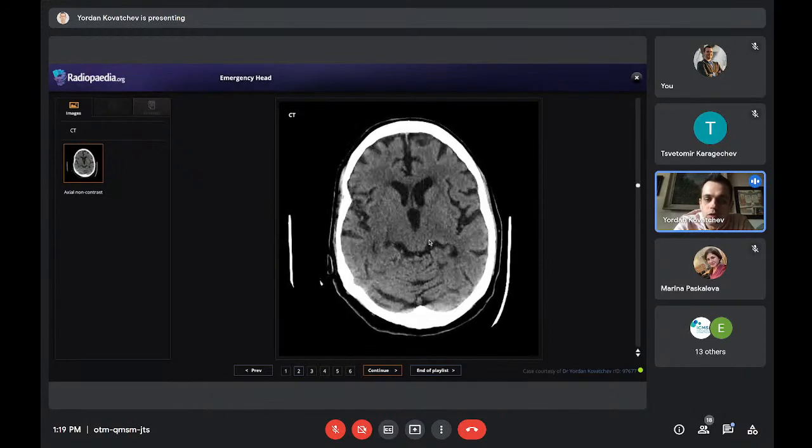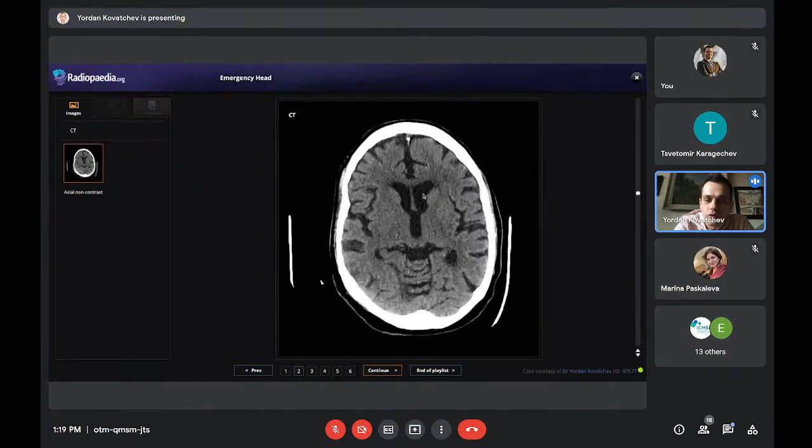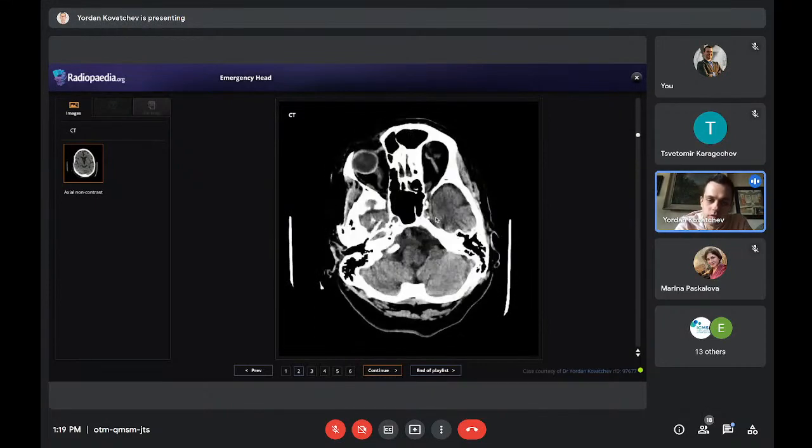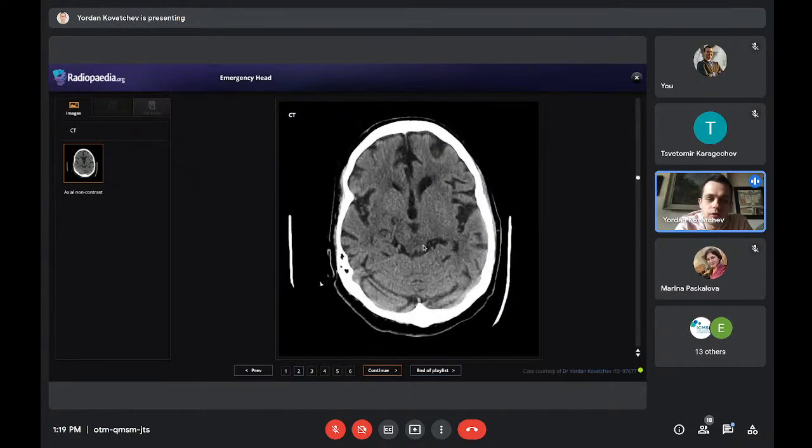And also sometimes you can see this in the ventricles. They can be slightly dilated, but it will be symmetrical, on both sides symmetrical. This is just part of aging. It's normal. But anyway, to get to the pathology part,